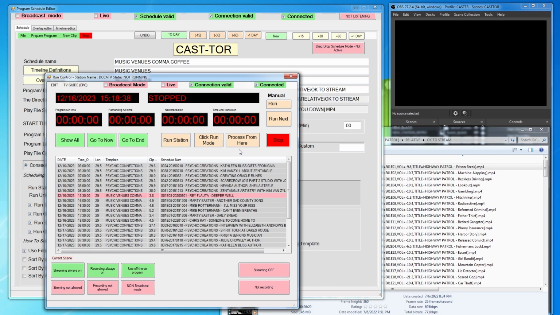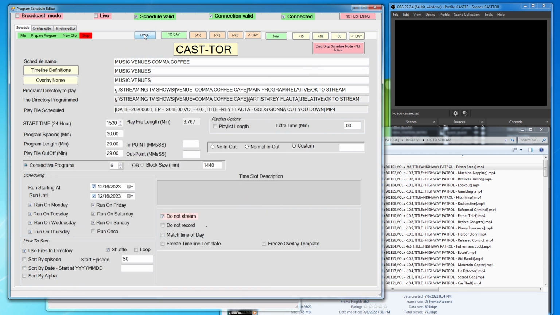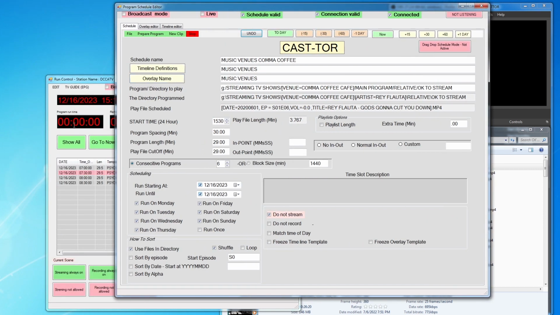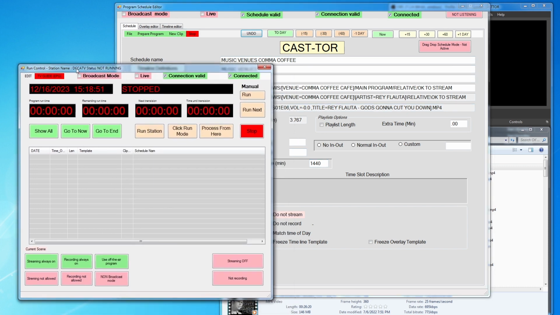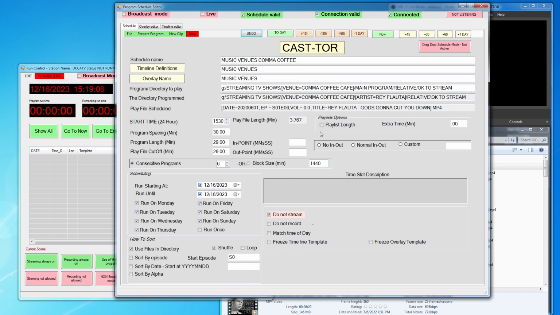But if you come over here, let's undo. You can keep undoing it. It'd be very hard to actually delete these things one by one. So undo is important. It doesn't undo everything. It just undoes scheduling programs. So if you see over here, it says playlist. Okay. If you do playlist,